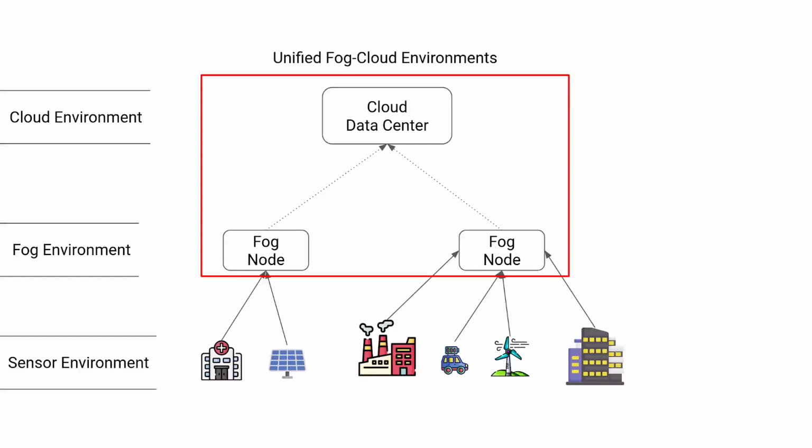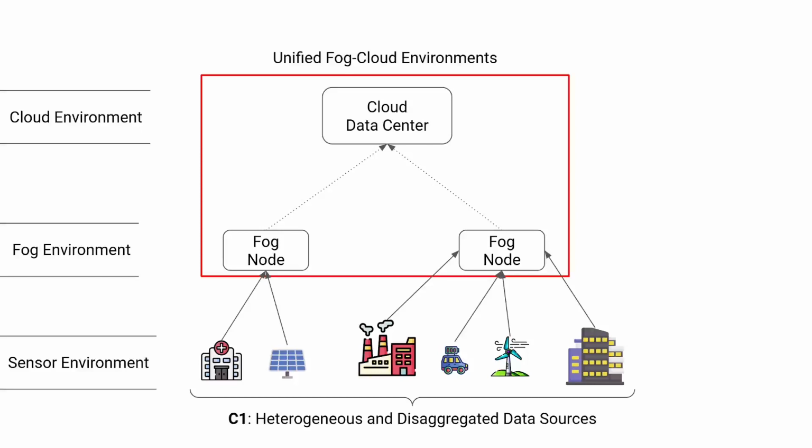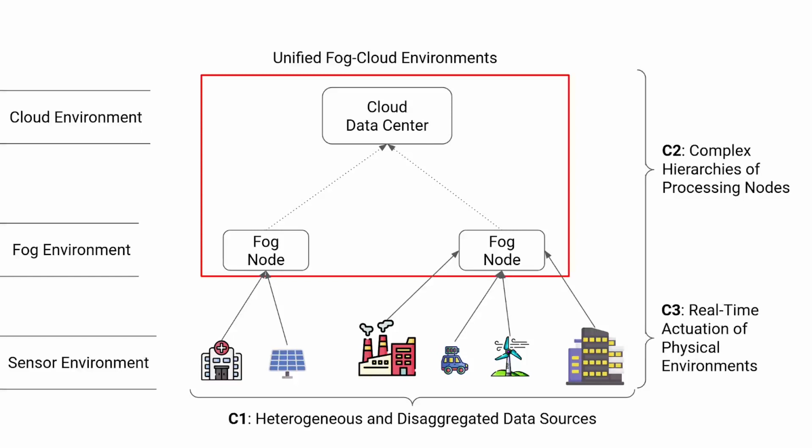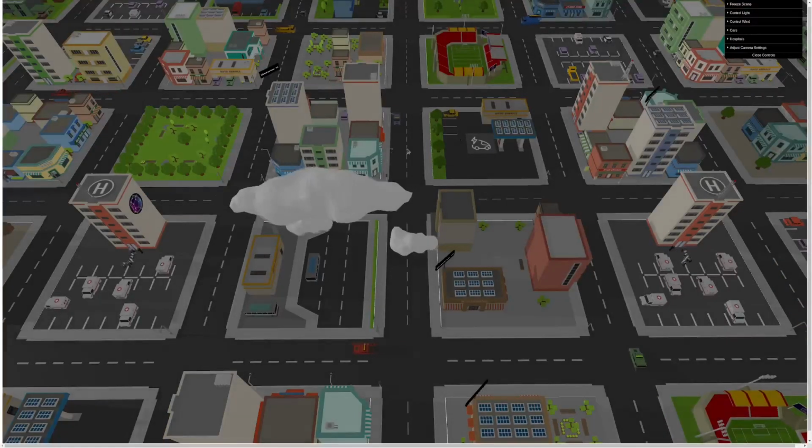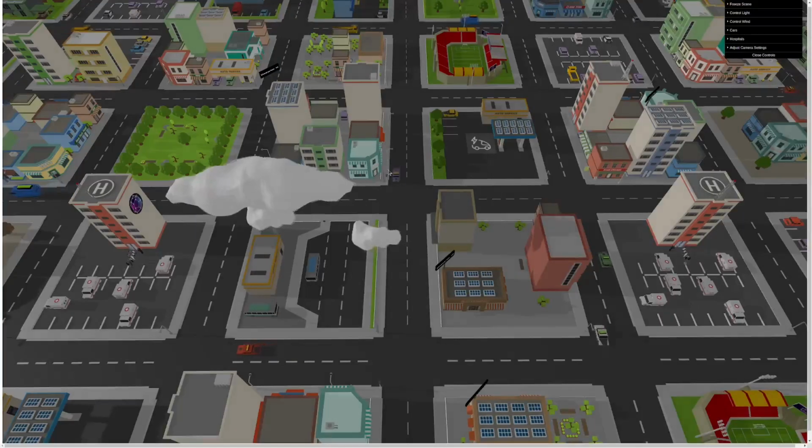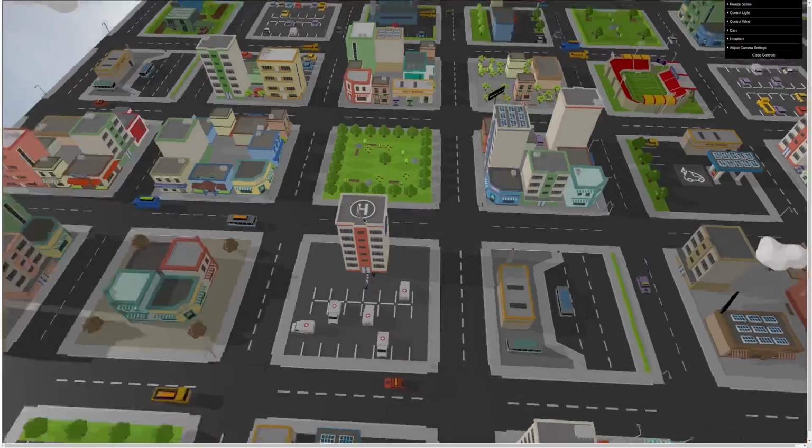However, processing data in unified fog cloud environments comes with several key challenges, three of which are ingesting data from heterogeneous and disaggregated data sources, operating in complex hierarchies of processing nodes, and performing actuation of physical environments in real time using sensor data. To enable visitors of our demonstration to experience these challenges and how to address them, we introduce IoTropolis. To showcase the fog cloud environment challenges, IoTropolis realizes an eHealth scenario that is represented via hospitals,